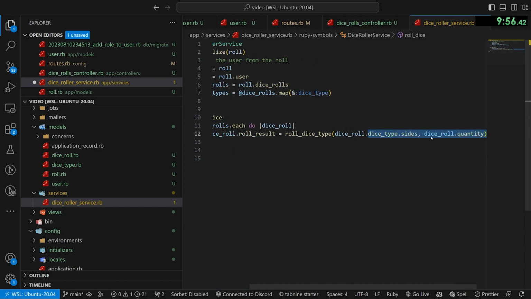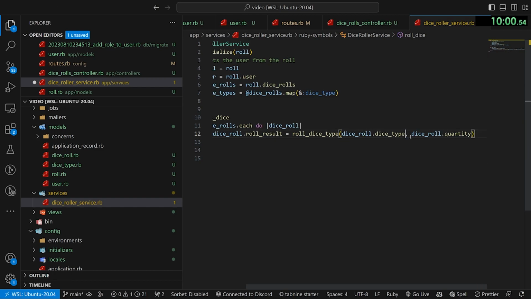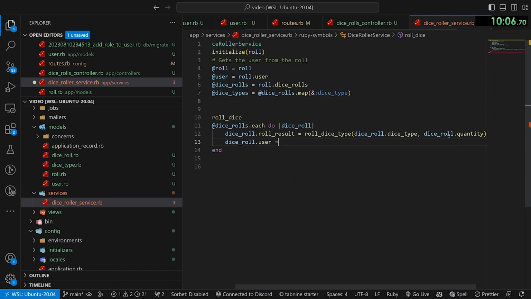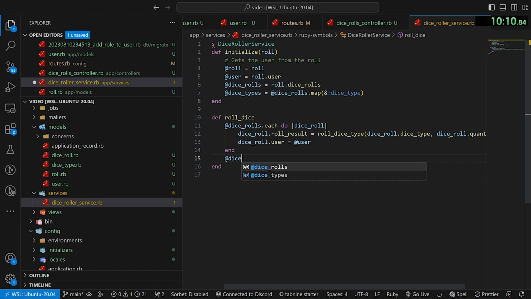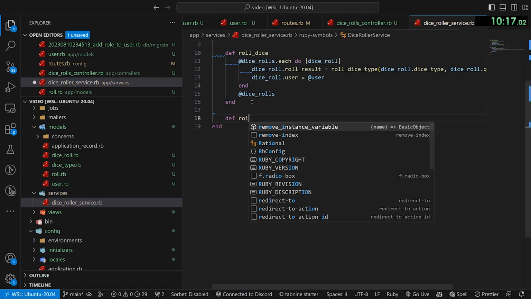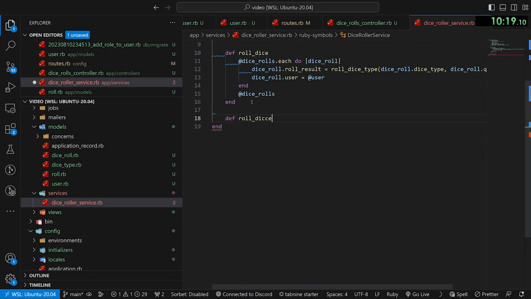And then we can grab the dice roll dot dice type, and then we can grab the quantity. And then let's also set the user equal to the @user in here. And then let's return @dice rolls once we're done with this. So now that we have that, we need to create this def roll dice type method, which will not take